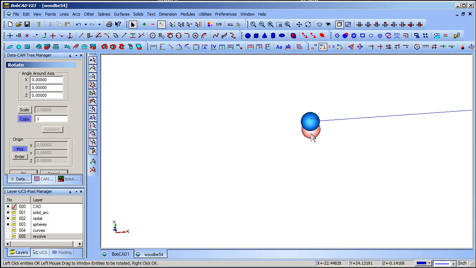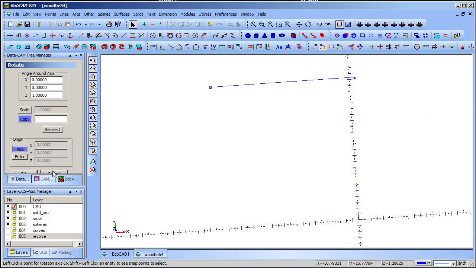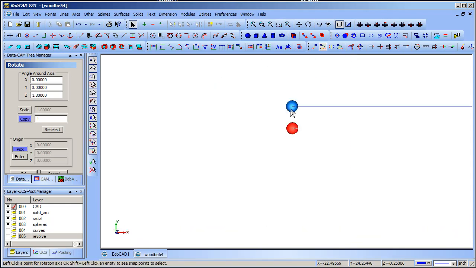How do you figure it out without waiting on a million copies every time? Well, if you're just doing arbitrary spacing, we can pick this one right here, and we put 360 divided by, and let's start with 200 spheres. That would be a value of 180, right? So we'll say OK, and then I need to pick the center of the revolve axis, which is that point. I picked that, and it made a copy. Then I can go back to the top view again, and I want it to be closer. So you would put more spheres and more spheres